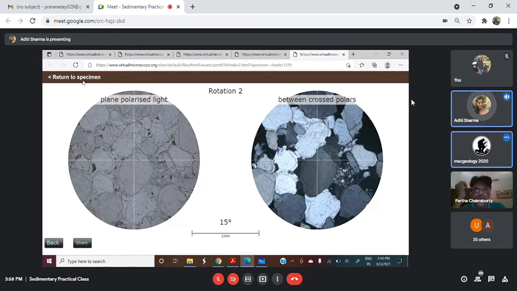So shall I change the view? There is another grain I am seeing. It is a siltstone grain, I believe. So this one. Yes, sir, it is a rock fragment. Students, you must see how a rock fragment looks like. Sir, is it a matrix or rock fragment? I am not very sure. But the thing is that it is compressed against that. So to me, it is more like a rock fragment. Okay, sir.